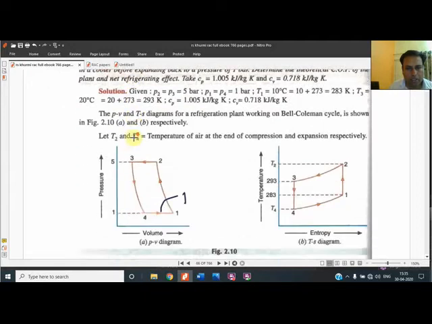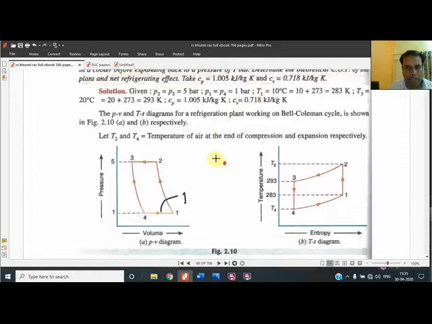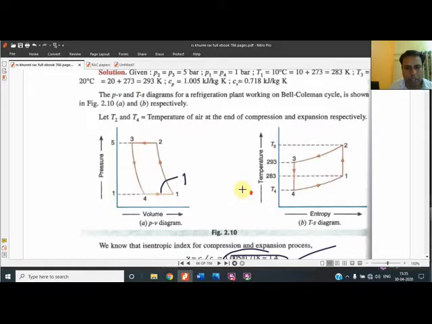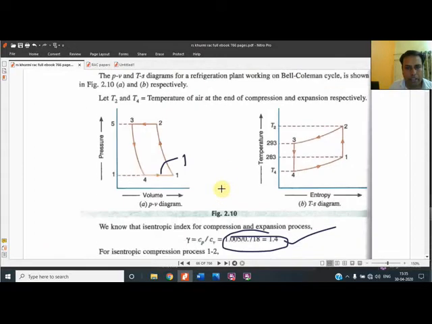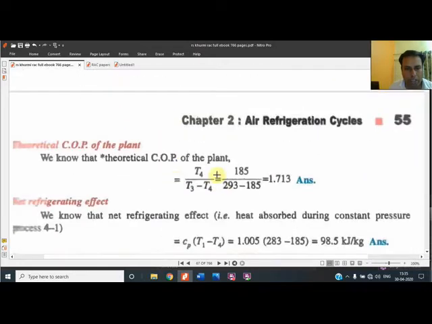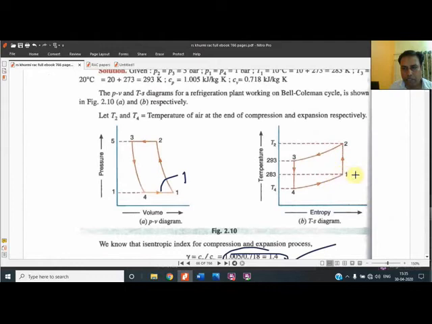So starting with the question, we take the ratio of Cp upon Cv. In the question itself we get the index, and the index is 1.4. As soon as we get the index, the next thing is to determine the COP. For COP, I have told you in the first formula, these three temperatures should be known. Although all four temperatures should be known, because there are four temperatures in the cycle. And one key point we have to learn is that whenever we get a vertical line